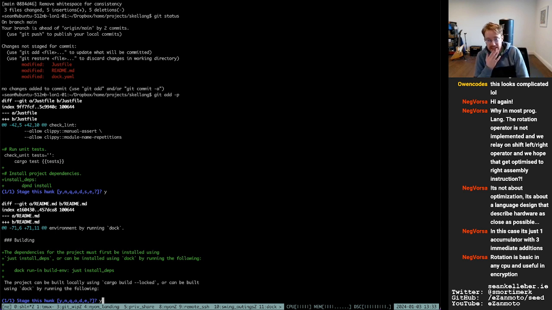Is basic in any CPU and useful in encryption? I mean, it's been a long time since I looked at CPU level stuff, so I'd have to take your word for it that maybe it is basic in any CPU. But like you say, if it's useful in encryption, there are means of implementing that in lots of high level languages, I think, by